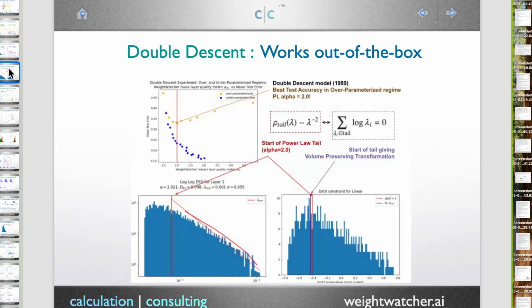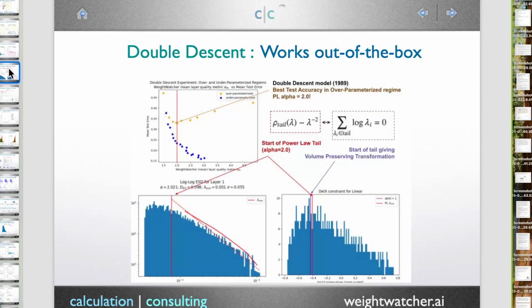Moving on to some things that we can describe with a theory which other theories don't describe very well. One of the things you may have heard about is double descent. There's a lot of argument about what double descent is, and it's very confusing to people. Double descent was described in the theoretical physics literature in the late 80s, and it was described immediately. There are plenty of papers on this. There's a paper by Opper, back when I was a grad student in the 90s, that describes double descent. Not a problem to describe. We understand exactly what it is in the physics literature.